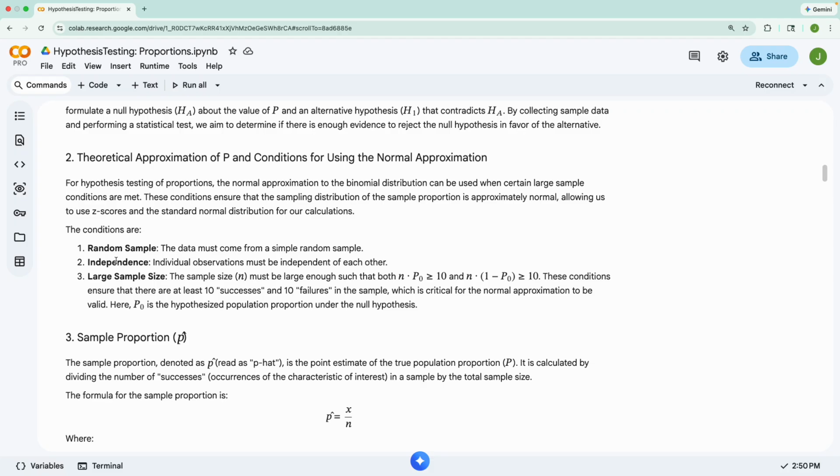Then to ensure that we have an accurate calculation of probability, we need to have a large sample size so that n times p is greater than 10 and n times 1 minus p is greater than 10, where that p0 comes from the null hypothesis. So we have a theoretical distribution of the proportion,